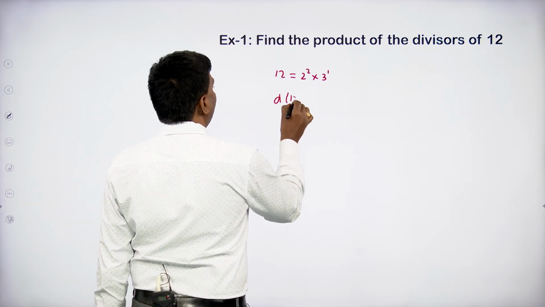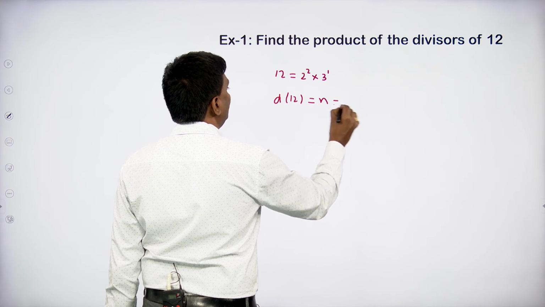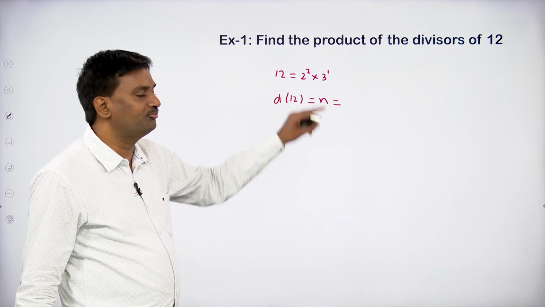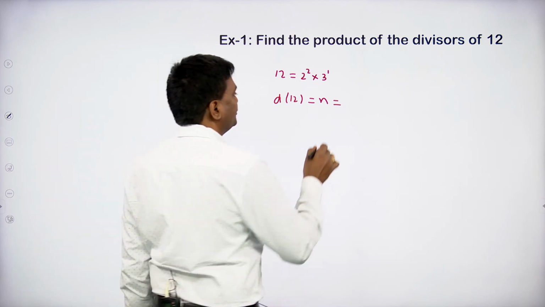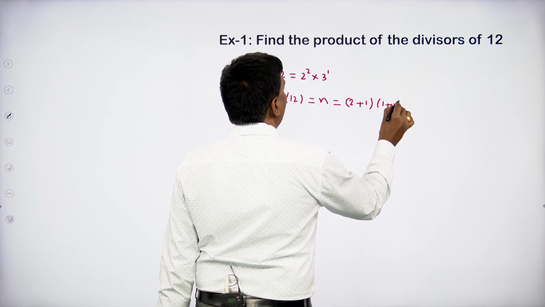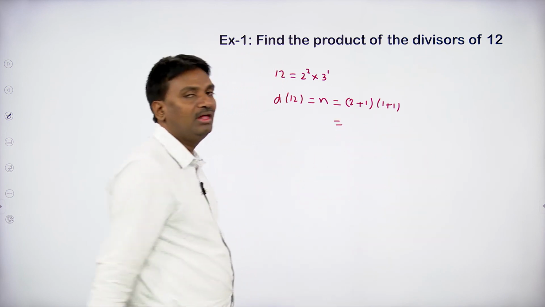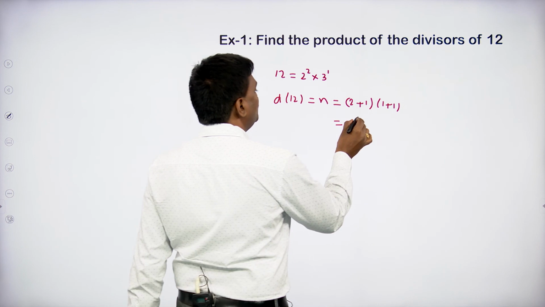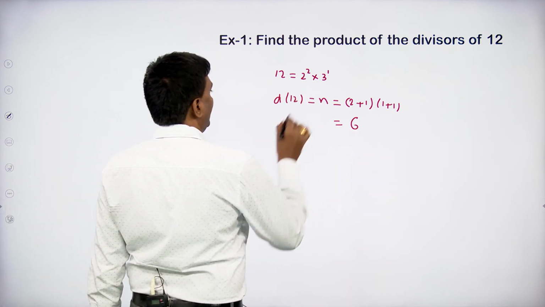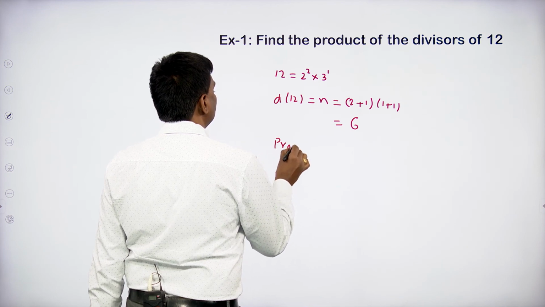Now, the number of divisors of 12 is nothing but n. The formula is (alpha 1 plus 1) into (alpha 2 plus 1), because here we have only 2 prime factors. So, we take 2 plus 1 into 1 plus 1. 2 plus 1 is 3, 1 plus 1 is 2, 3 into 2 equal to 6. Therefore, the product of